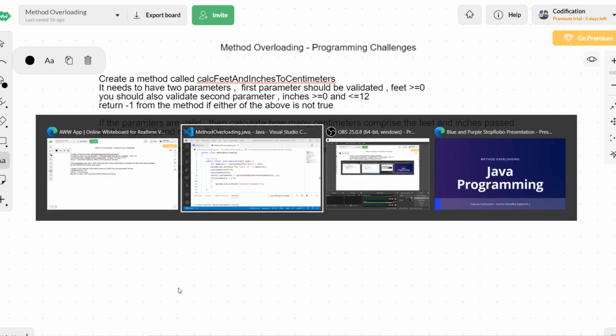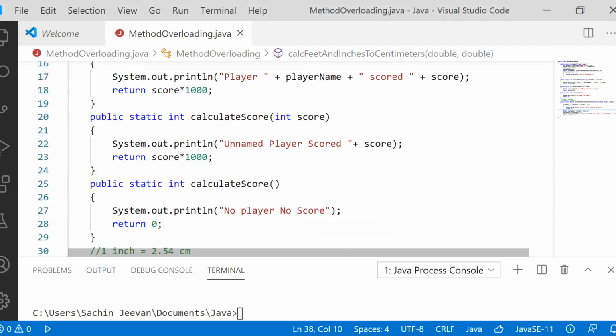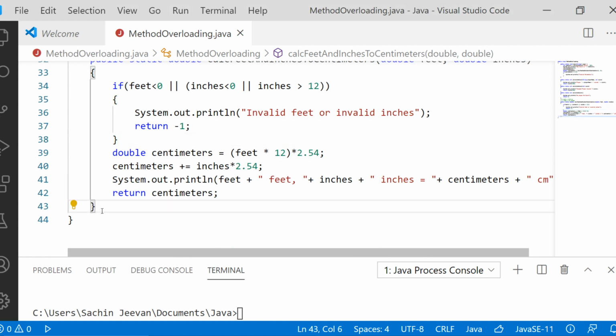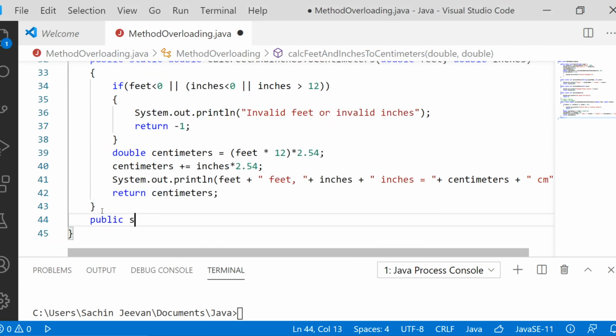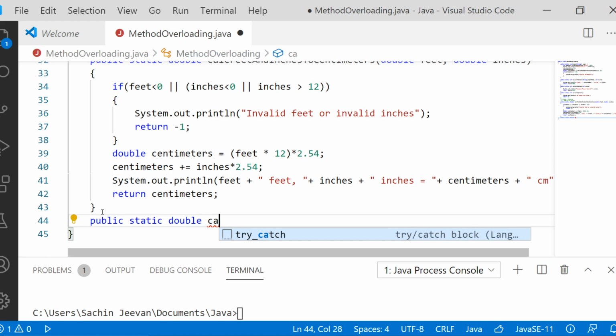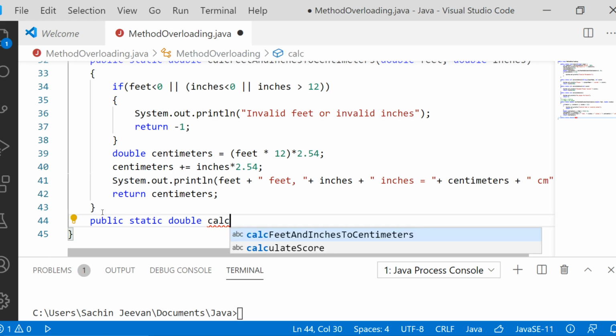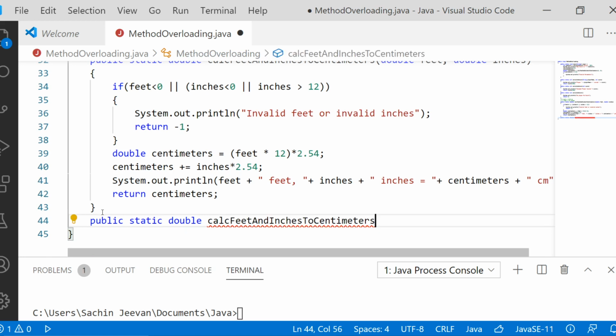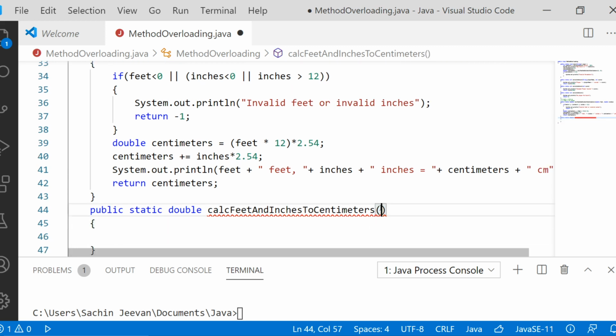Okay, I'll just come here to the editor. Let me write one more method with the same name. So public static double is the return type, along with the same function name, calci feet and inches to centimeters. And coming to parameters, we will be taking only the parameter inches.